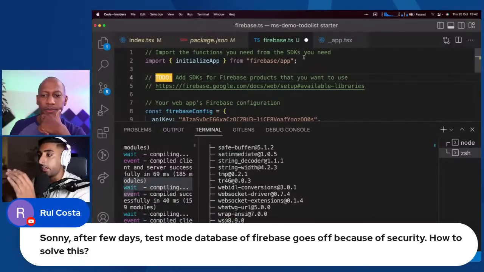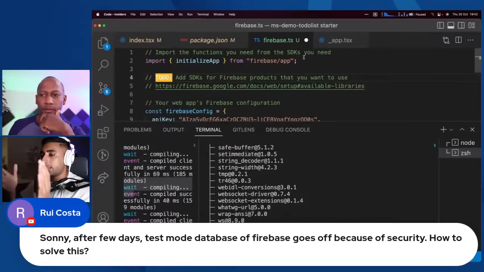It said after a certain date, it will restrict access. So when you're testing, you can always extend that date where it cuts off. However, I would recommend that you very quickly learn about Firebase security rules and get those in place, so that way you don't just have your database unlocked for everyone to enter. You can go ahead and actually enforce the rules that will protect you. But if you are developing, you're learning, just extend the date that it has initially put there in the Firebase